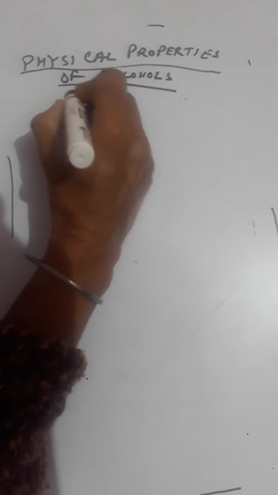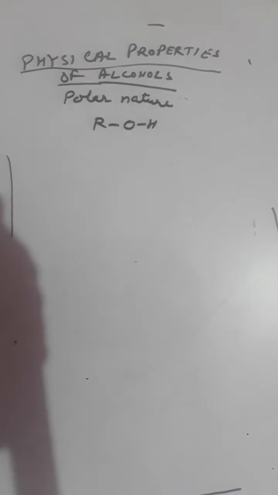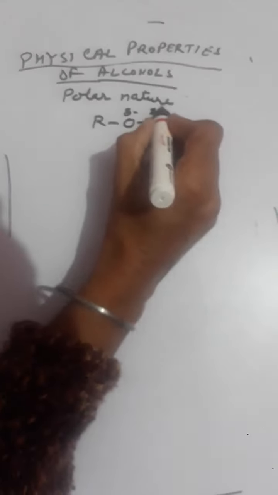Today we will start physical properties of alcohols. The molecule of alcohol has polar nature. This is because of the more electronegative nature of the oxygen compared to the hydrogen and the carbon atom, due to which oxygen will be slightly negative while hydrogen and the carbon will be slightly positive. So this gives the polar nature to the alcohol molecule, and